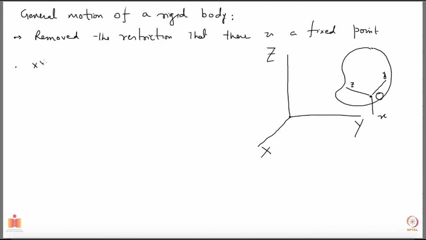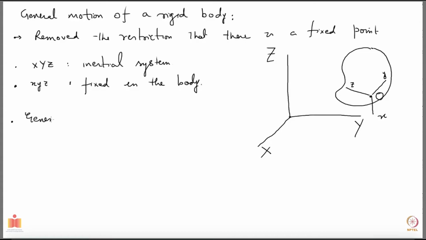First, I am going to emphasize that XYZ is an inertial system. And then your xyz is of course non-inertial, and it is a system fixed in the body, and it rotates with the body or moves along with it. And as I said, the general motion is the following: